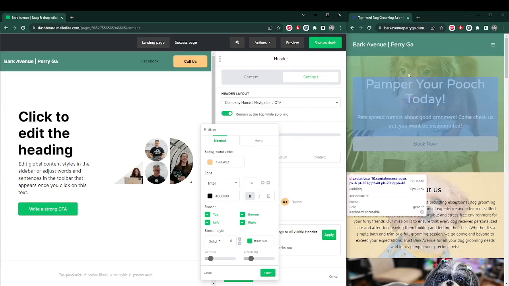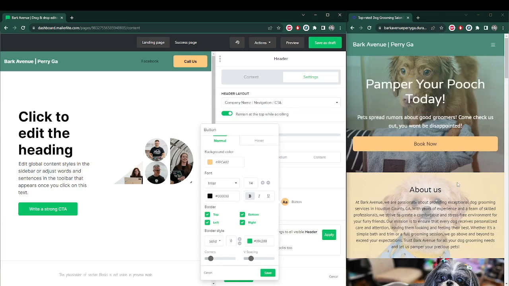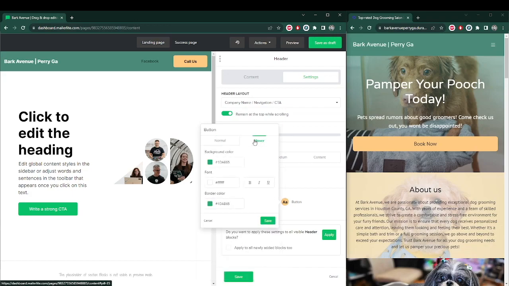So like I was saying in the last video, Durable's options are a lot more streamlined and opinionated, whereas MailerLite gives you a little bit more flexibility with your styles. I'll save that. Well, actually, so before I move on from this, I noticed that you have the ability to